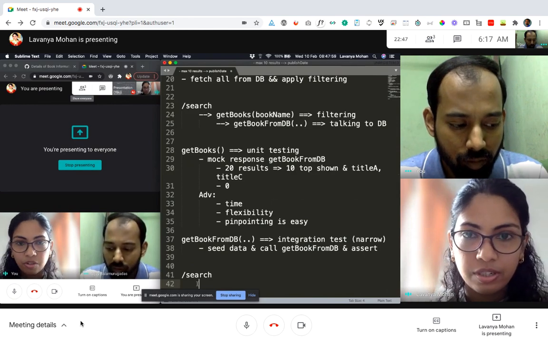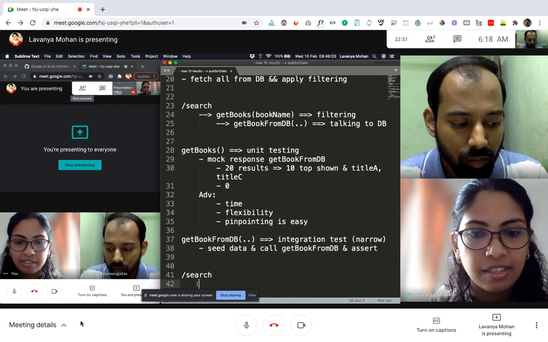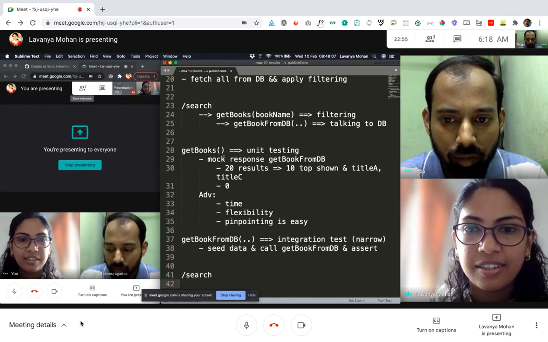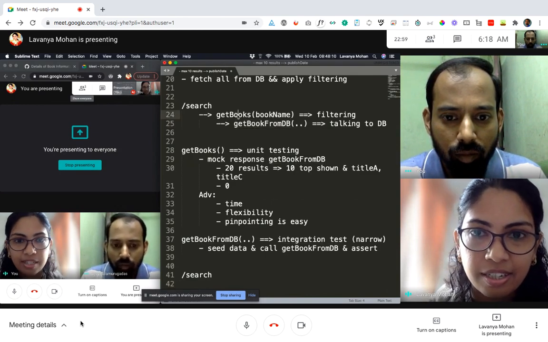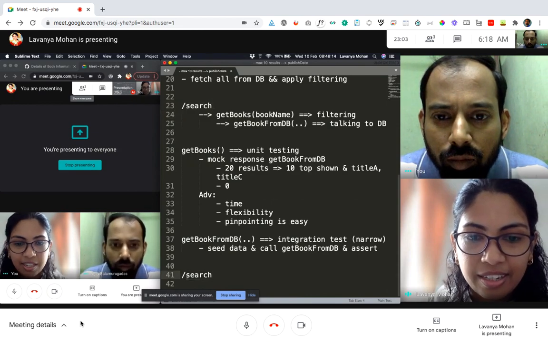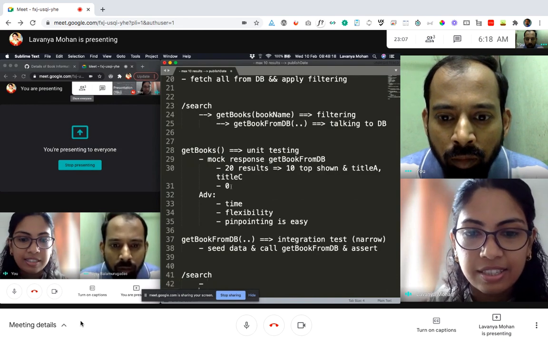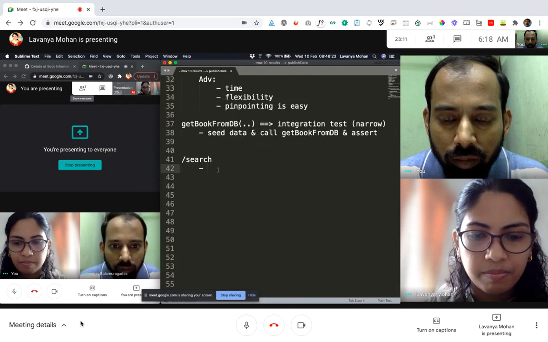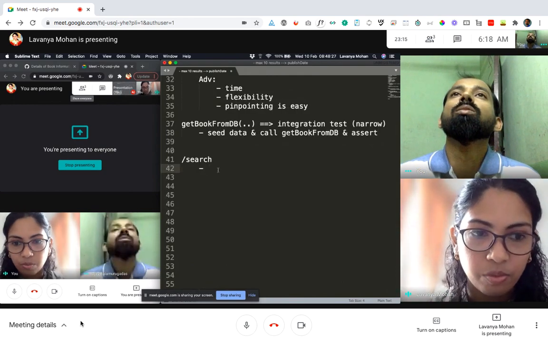Before we do that, maybe we will see data. If we actually want to have this end-to-end sort of wider integration test, then we would call the search endpoint. We would let it call these internal methods. We'll let it get the actual books, then do filtering, and then return the response back. Right? And then we would finally check, is the JSON that is returned correct? So what do we check in the JSON? Maybe we'll see, it's a JSON array is what we're saying, right?